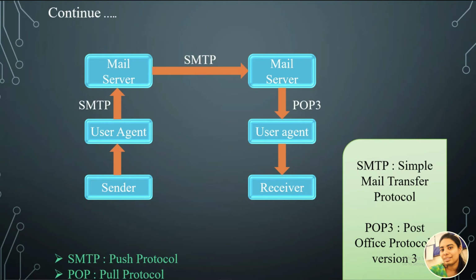So that protocol which is used to send the mail or message falls under the category of push protocol. Similarly, whenever a receiver wants to access any mail or message, at that time it will fetch the mail from the mail server. So it will provide force in a direction so that mail reaches the receiver's system. To do so, we just pull the message to get it. Thus, a protocol which is used to access the mail from the mail server falls under the pull protocol category.